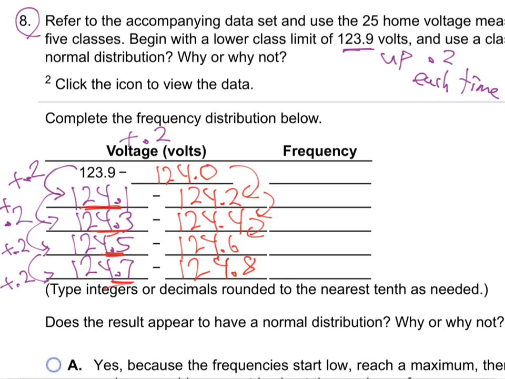Why it's done like this is if you just added 0.2 to 123.9 and made that your upper, that's different than... Right, because then that's a class width of... yes, you're right. But actually, the class width is 0.2, so if you had a value of 123.9, that wouldn't be in there. You'd be losing that, is what I'm saying. They're not including the endpoints here? No, they are, but